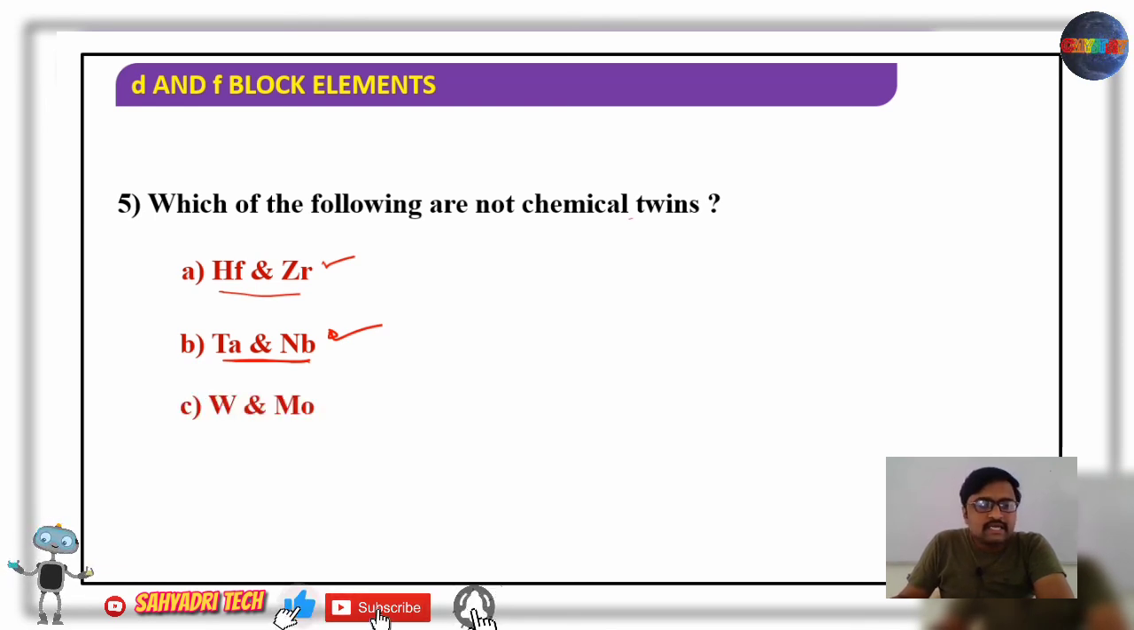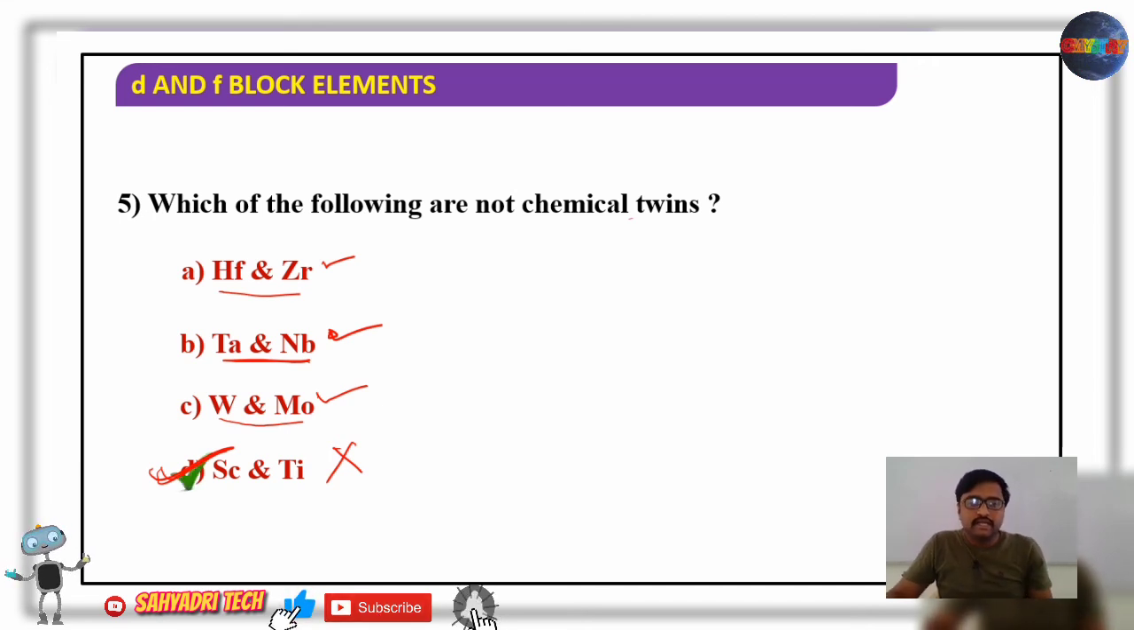Then tungsten and molybdenum. Yes, they are also chemical twins. Then what is the last option? Scandium and titanium. They are not chemical twins. So what is the question here? Which of the following are not chemical twins? Means scandium and titanium are not chemical twins. So what is the answer here? Option D. Well,